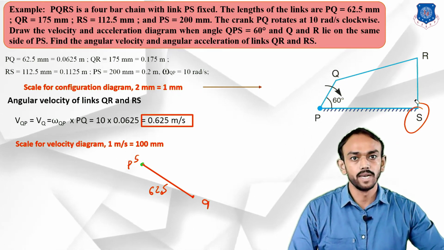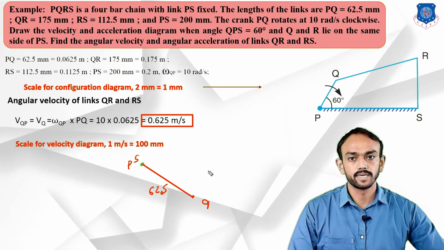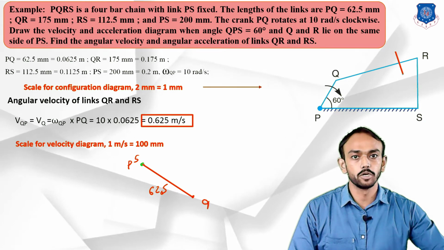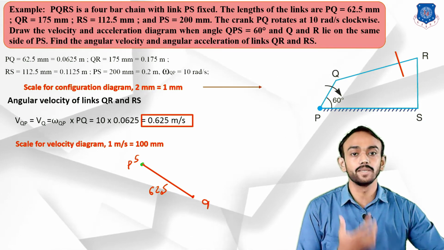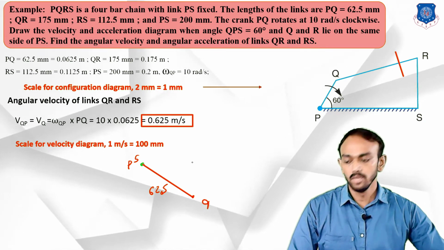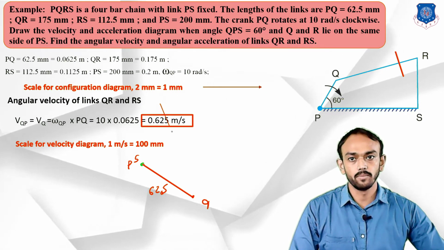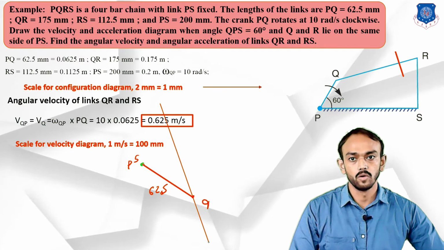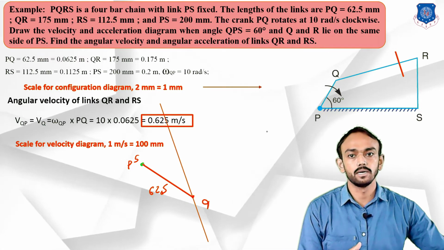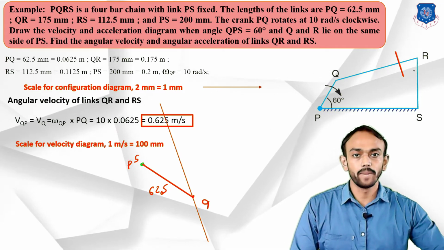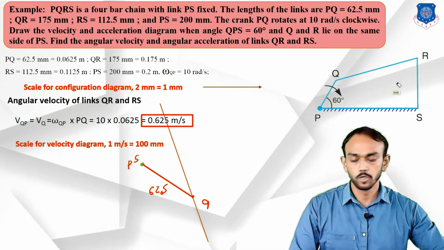Okay, so let's take the first vector here, which will be perpendicular to QR, but we don't know the magnitude. So we will draw the line with an extra length like this. We don't know the length because the magnitude is unknown, we know only the direction. Now perpendicular to